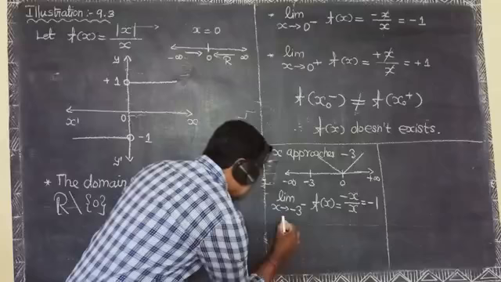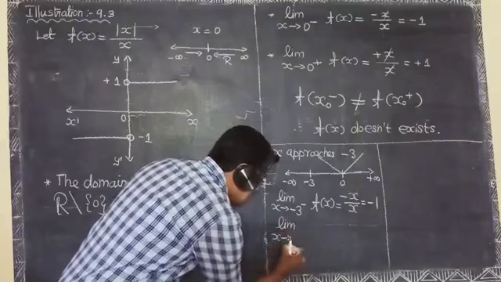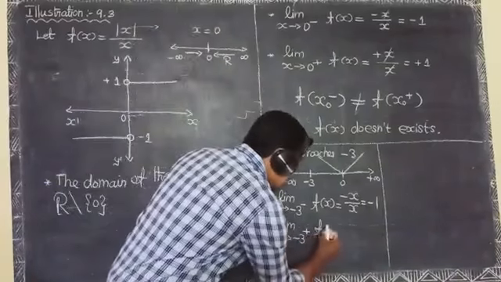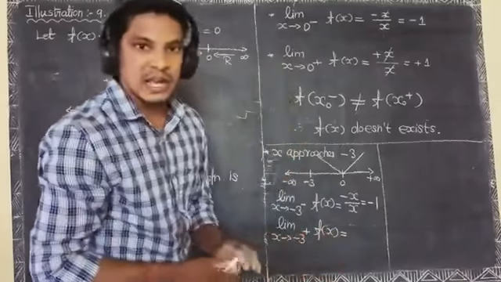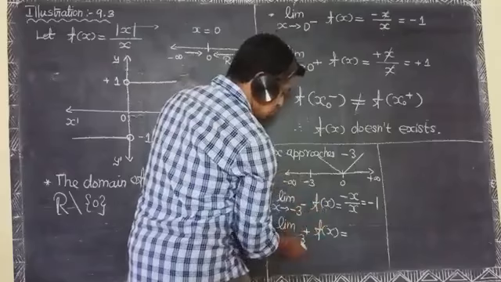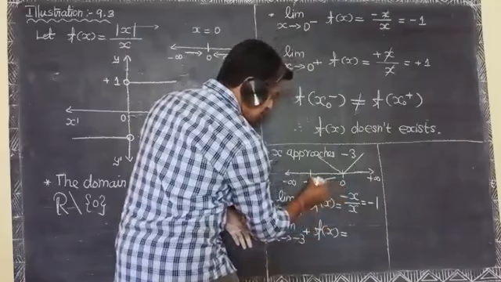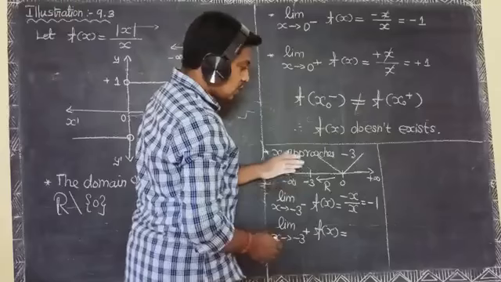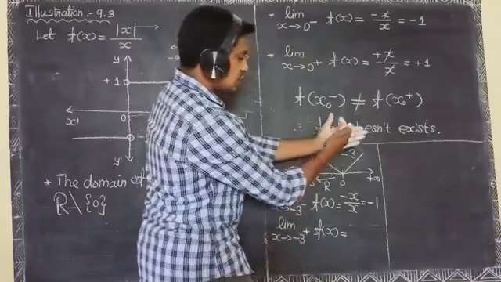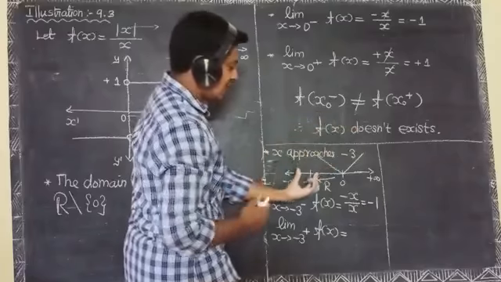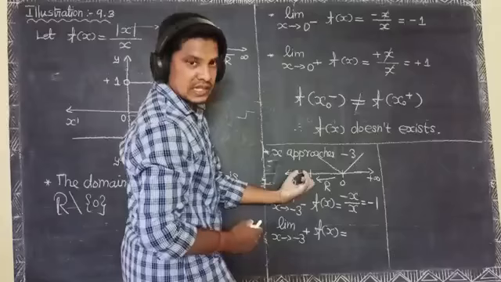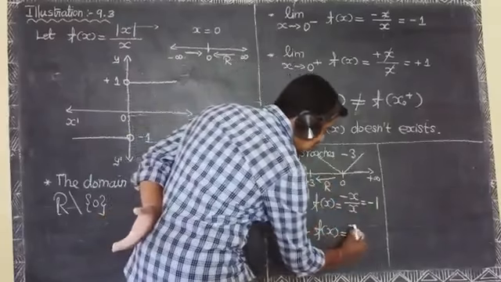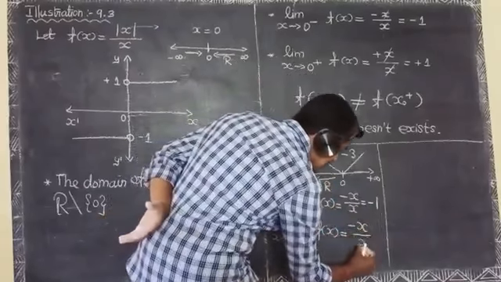Next, find the limit as x tends to minus 3 from the right, where the sign is plus. Here, x approaches minus 3 from the right side. From the right side, minus 3 is to the left of 0, isn't it? The left of 0 means negative values. Minus 3 lies in the negative values, isn't it? Yes, therefore we take the same factor, minus x divided by x, which is